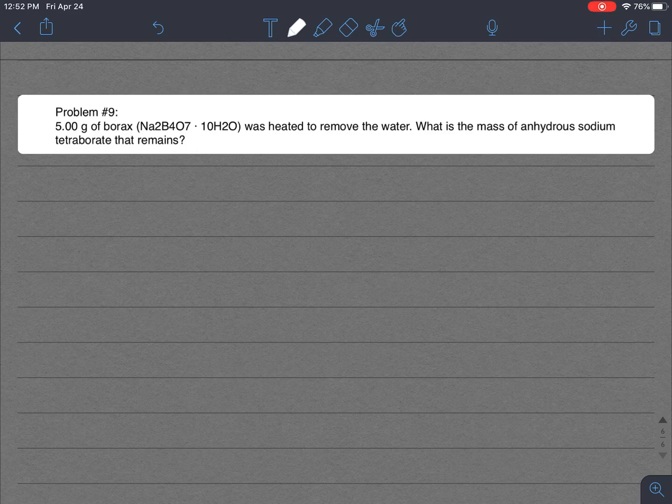All right, so in this problem, we're given 5 grams of borax, which is the Na2B4O7 with 10 waters attached. It was heated to remove the water. And the question is, what is the mass of anhydrous sodium tetraborate, which is the name of that Na2B4O7? What is the mass of that remains? And so again, a lot of times students will get there and wonder, where's the information? What am I supposed to do here? But if we look at this, we could actually calculate out